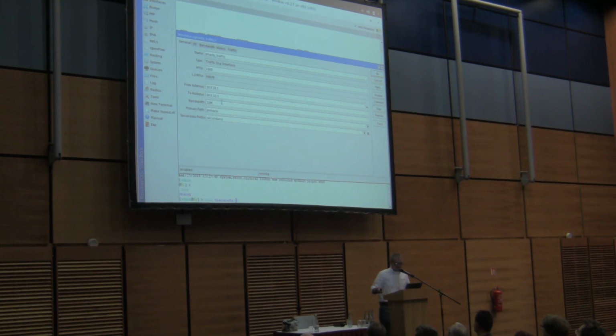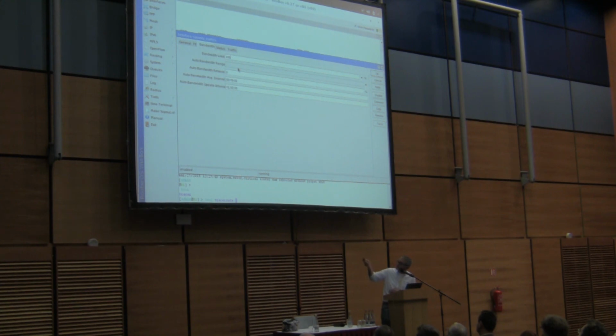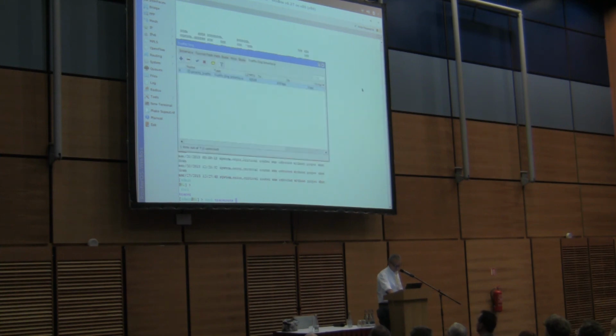We placed a limit of 10 megabits for this tunnel and a margin of 5% of 10 megabits. So theoretically, these links could reach 10.5 megabits.